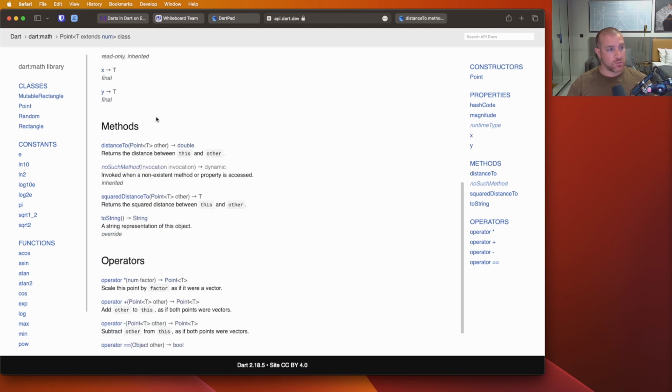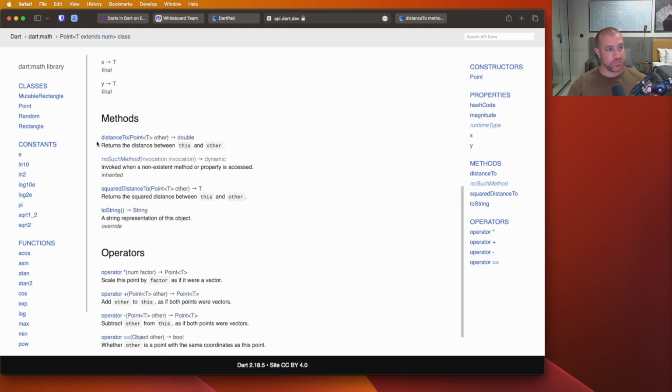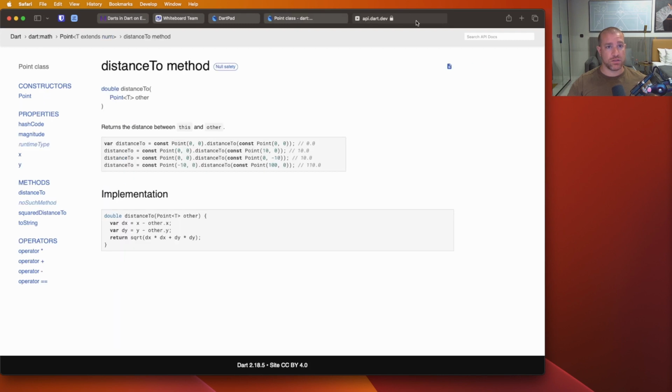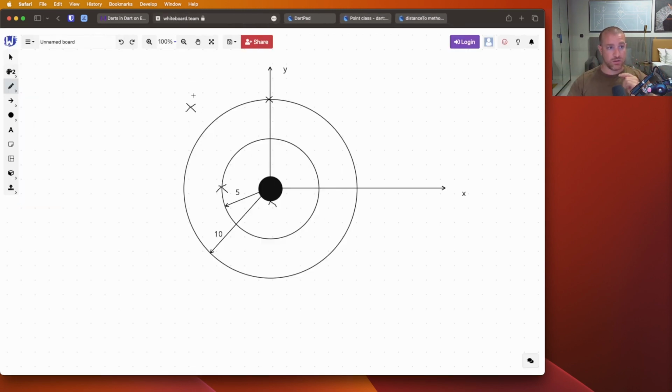And then let's see what we can have here as a method. distanceTo returns the distance between this and another. This sounds interesting. No such method. squaredDistanceTo. Okay, we don't need this. This one we need. This one sounds interesting. Let's have a look at what it is. Returns the distance between this and another. So basically how we can calculate this